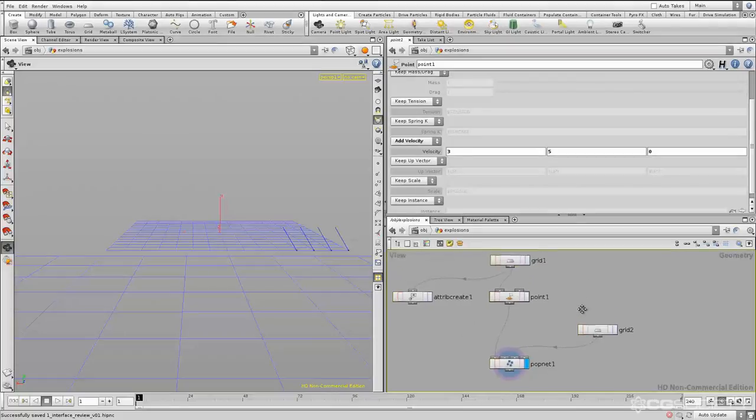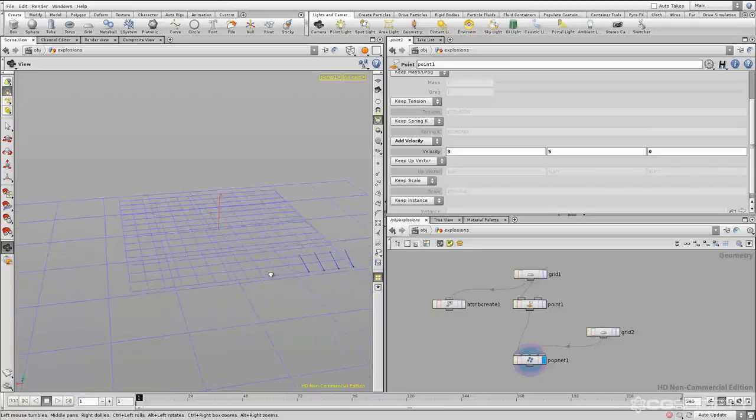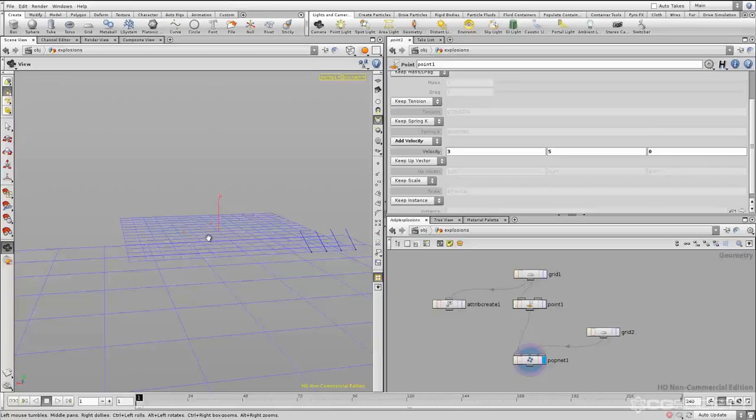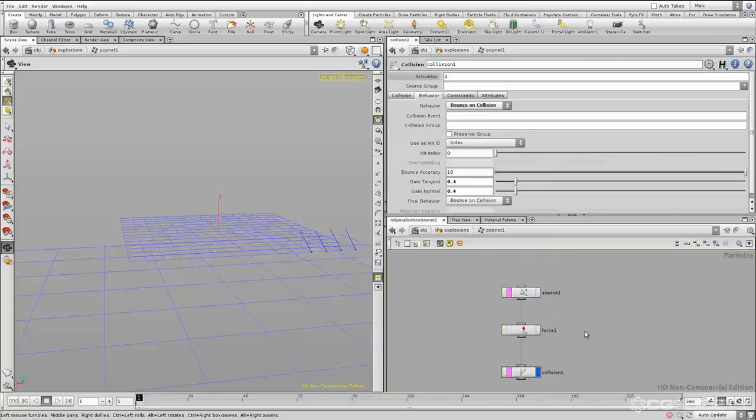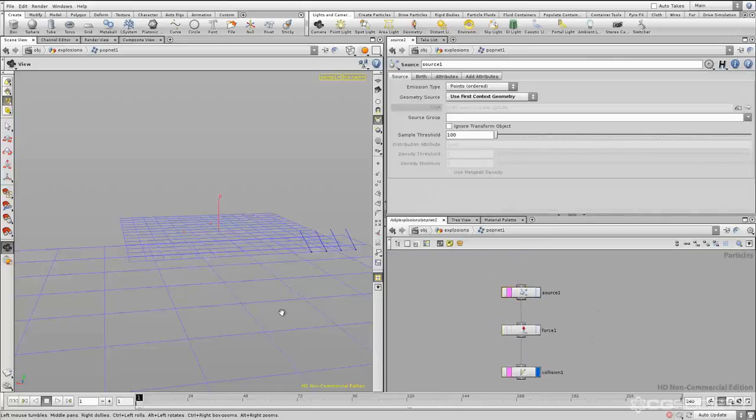The last thing I'd like to do to this setup before we conclude the review is to just make sure that this grid just sort of spits off particles and then stops. And we'll be doing that because of how the demonstrations later in the course will work. So if we go back inside the PopNet by double clicking on it, and then go to our source, we want to just emit one particle for every point on the grid at the beginning, and that's it. So if we go to birth,